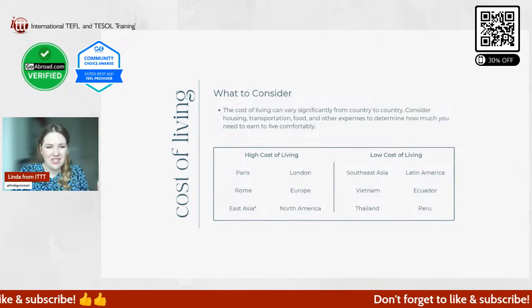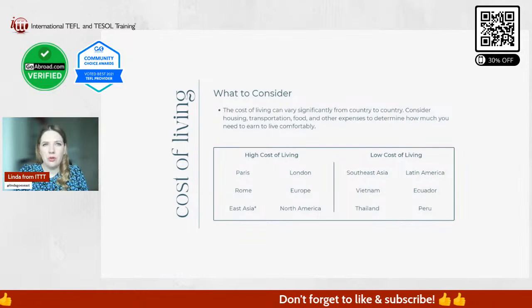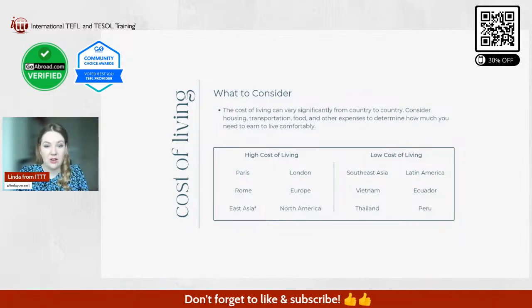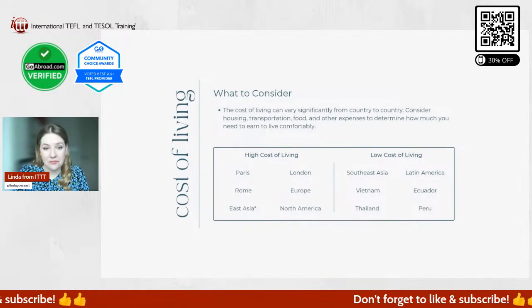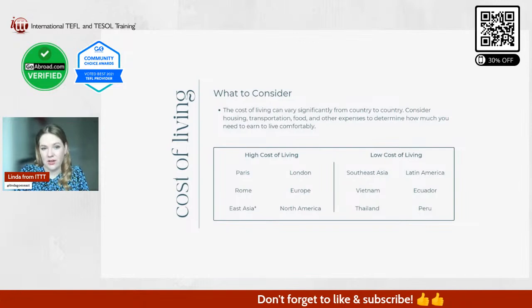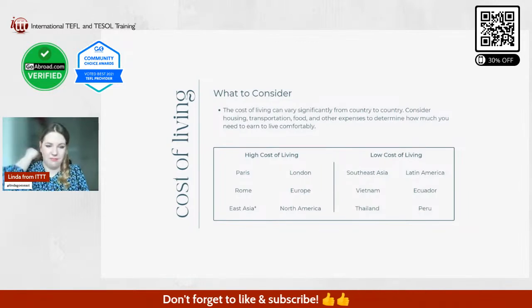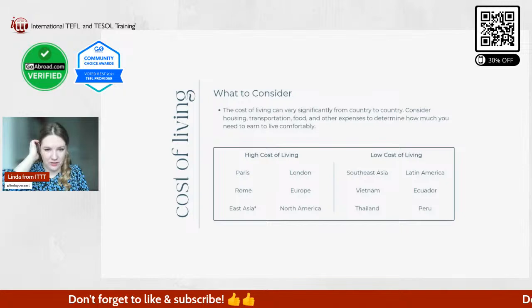So yes, the cost of living might be higher. Groceries are usually more expensive in Korea and in Japan, but you're not going to pay rent. So then it's not really a problem with cost of living.